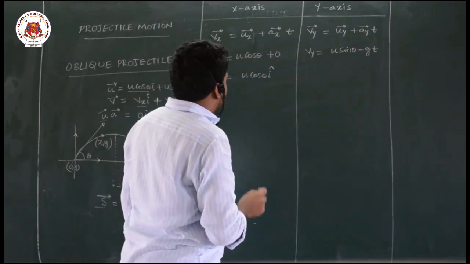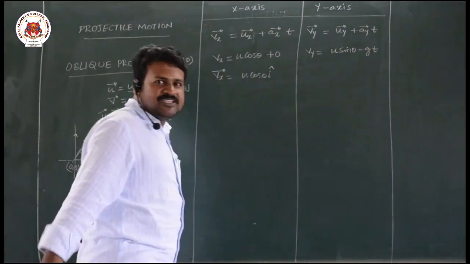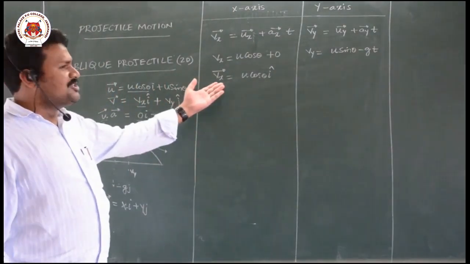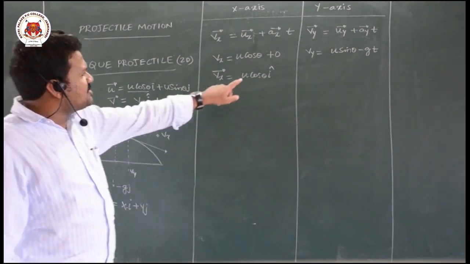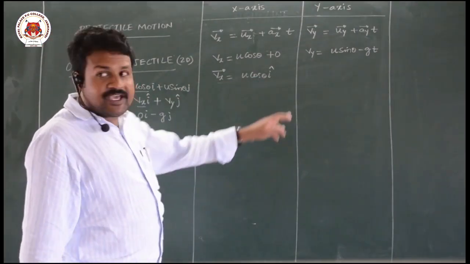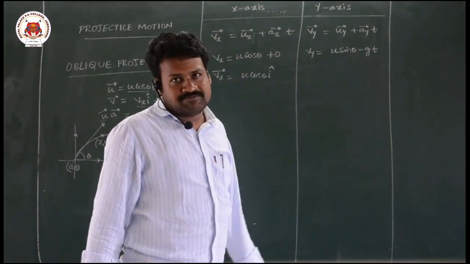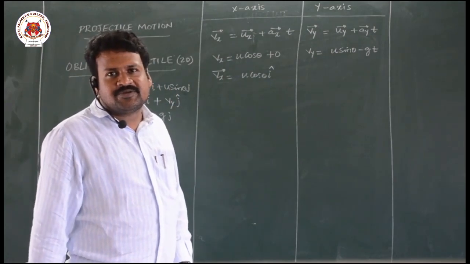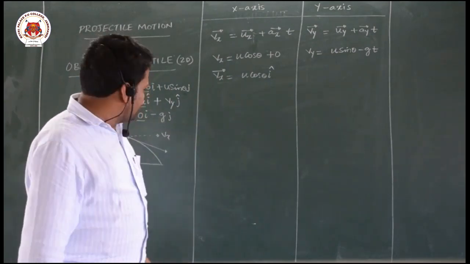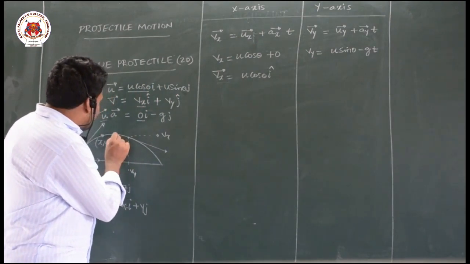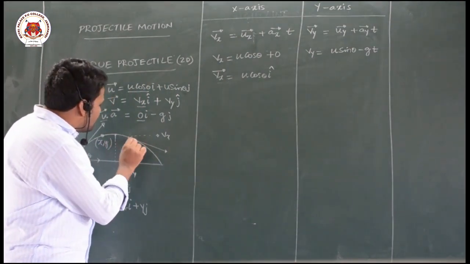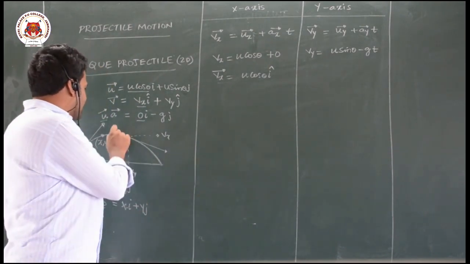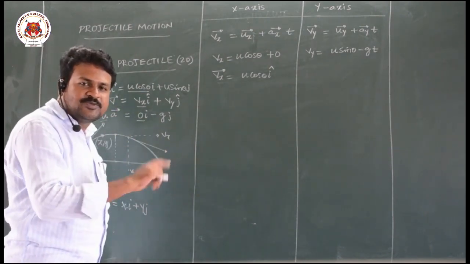Now you can observe velocity in x-axis is not changing. Why it is not changing? Because there is no acceleration. Who will change that? When there is no acceleration, body will move with uniform velocity. There is no acceleration along x-axis. But in y-axis, its velocity is decreasing. Once velocity is decreasing with time, we can have a condition that velocity may become 0. That means when its vertical component of velocity becomes 0, particle starts coming down. In vertically projected body, when its velocity becomes 0, then only it starts moving down.